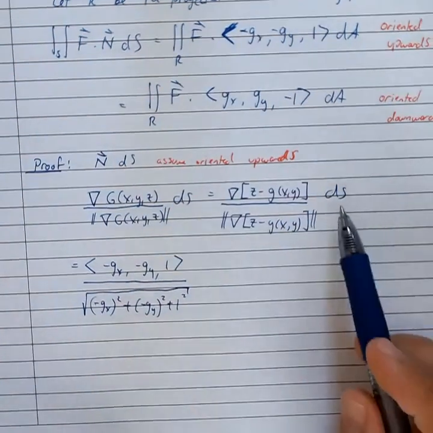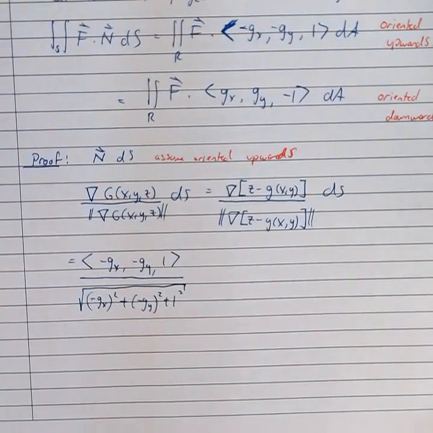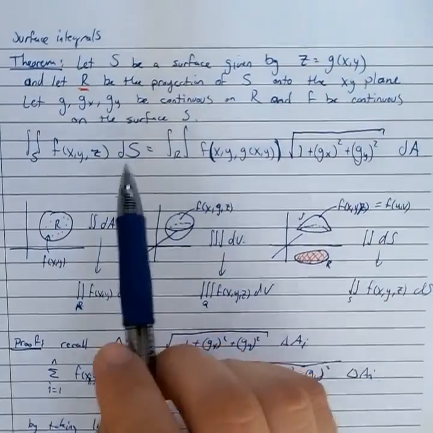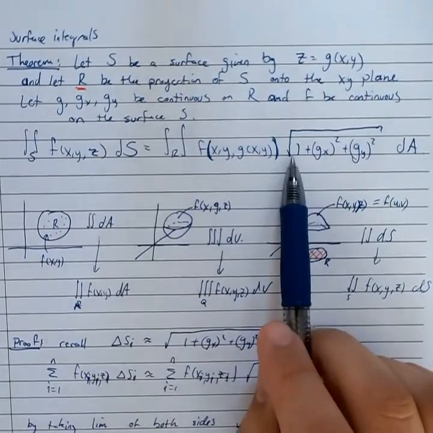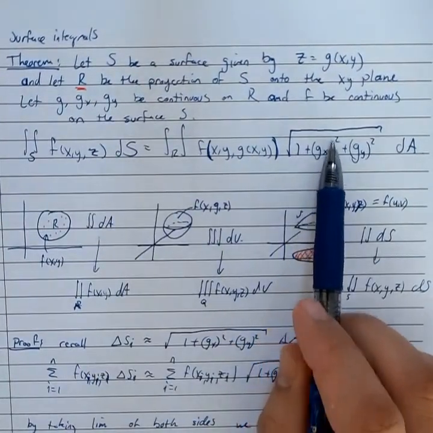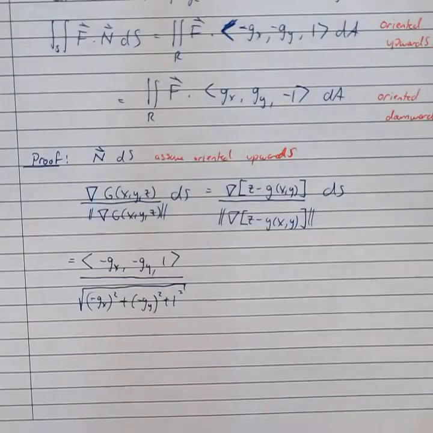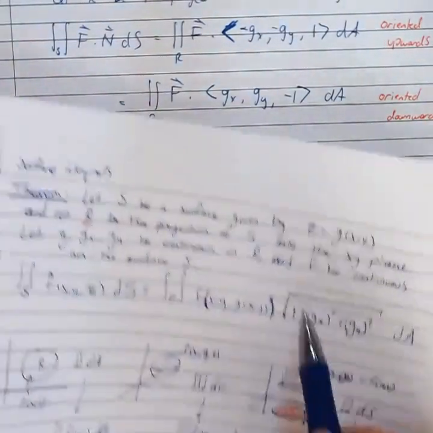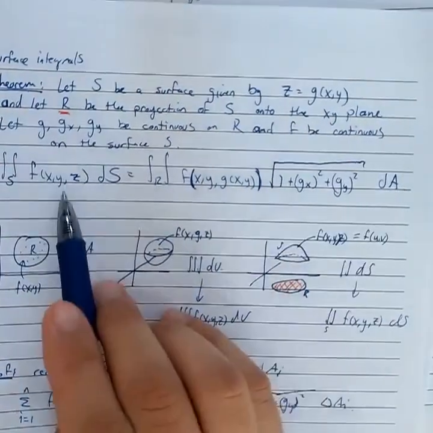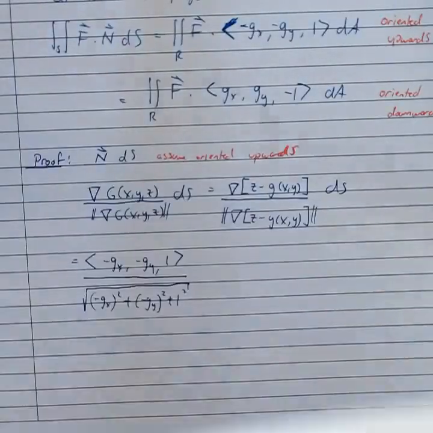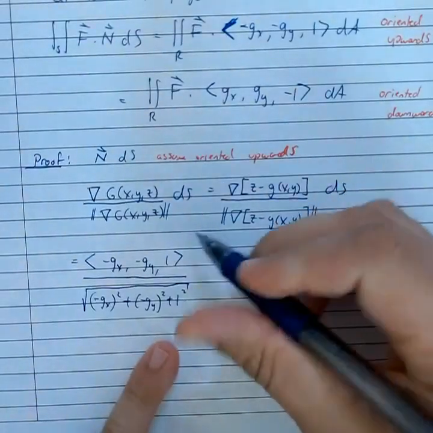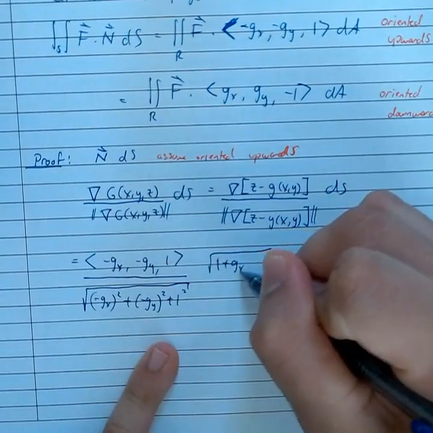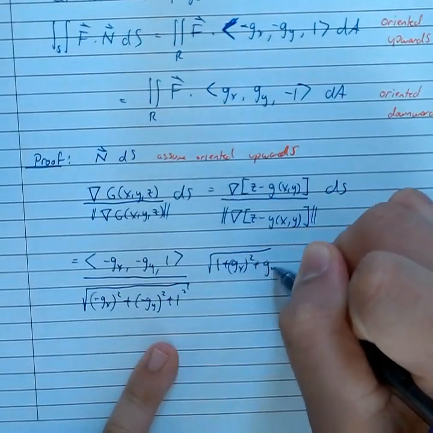But now ds, as we saw in a previous section, and as we see here at the very beginning in our first theorem, ds is simply given by the square root of 1 plus g sub x squared plus g sub y squared. So here that ds is given by that square root dA. So that's going to be given by the square root of 1 plus g sub x squared plus g sub y squared